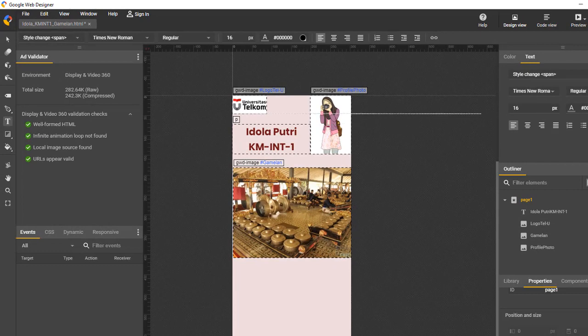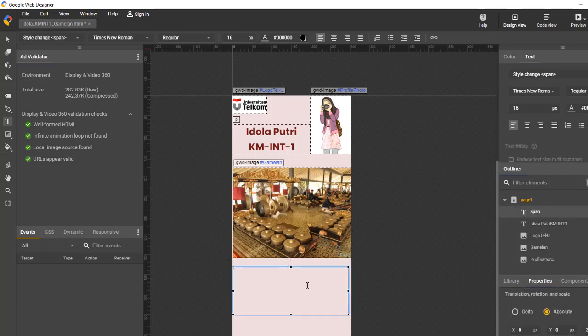Okay, and the second text is the title. So you click the text tool again and put the text here. You put the title of your advertisement.